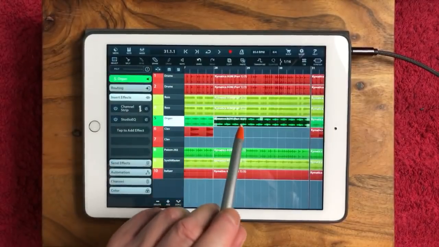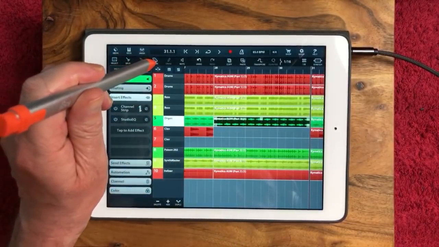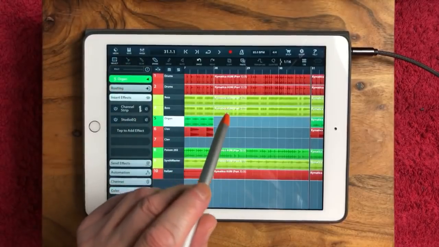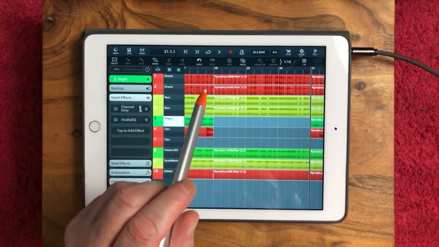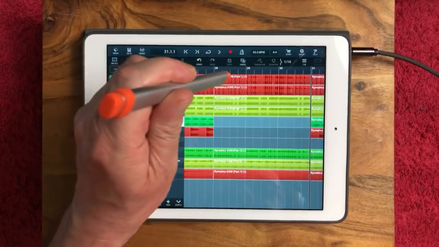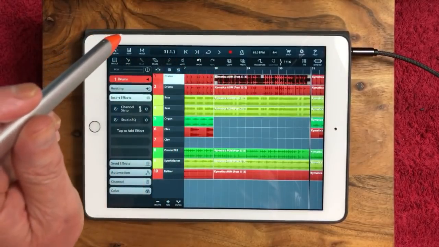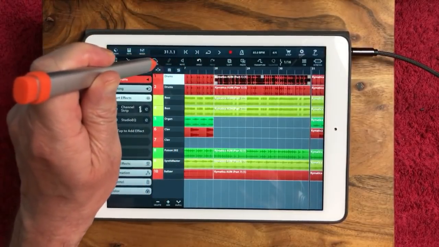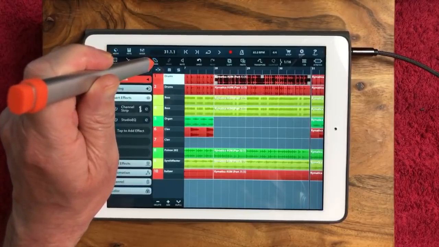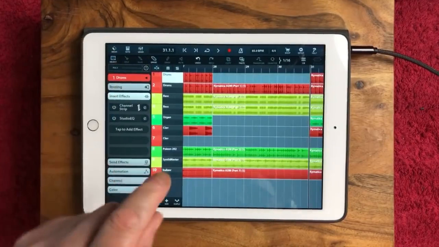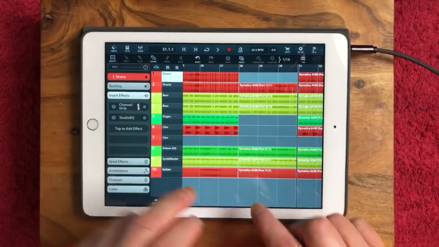What we got here, organ, we can ditch for that. Bass. I'm going to ditch that one of those drums again. Erase the first drum and hopefully